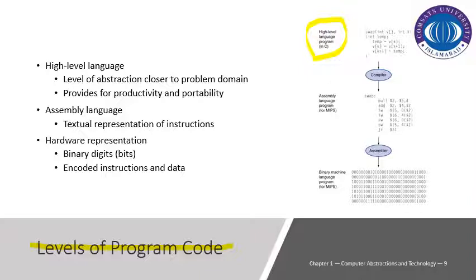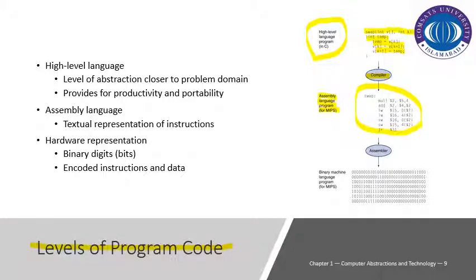So what happens with that particular program? We can see that there is a swap function described here. This is the swap function that is used to swap two locations of the variables within the arrays. So we are doing the swapping process, and first of all this code is given to the compiler that converts that high level code into assembly code. For example, we are using the MIPS architecture here. So this compiler converts that high level code into MIPS assembly, and that code would maybe look like this.